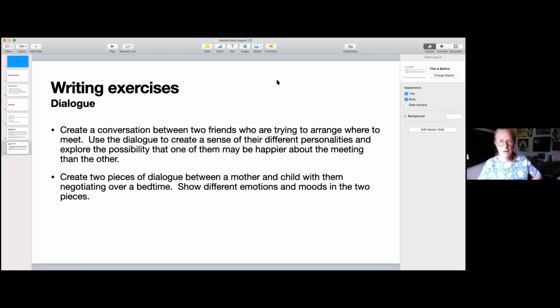Sarah, there was a question. How does one merge a real setting or place into speculative fiction? How do we do that? I think that's actually quite fun to do. So, for example,